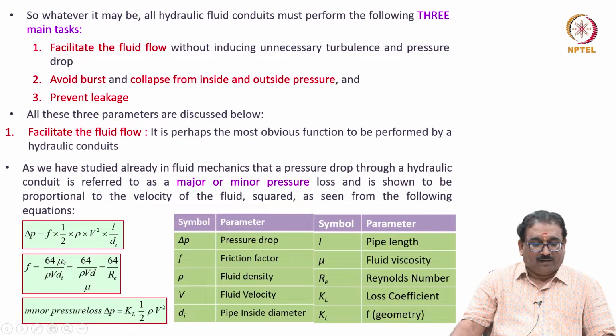Then this f is there, no? f is a friction factor which is given by 64μ/(ρVdi), or you have to arrange it as 64 by ρVd/μ, where μ will go down. ρVd/μ we already know is the Reynolds number. Minor pressure loss ΔP is given by K_L × (1/2)ρV². Here all the parameters are given, but you will remember K_L is a loss coefficient which is a function of